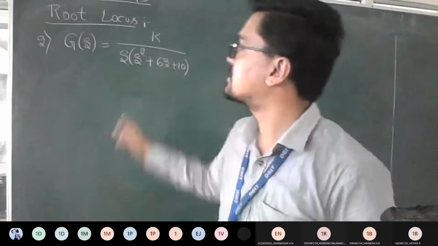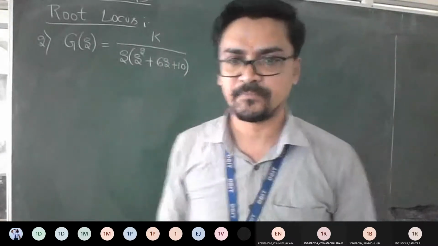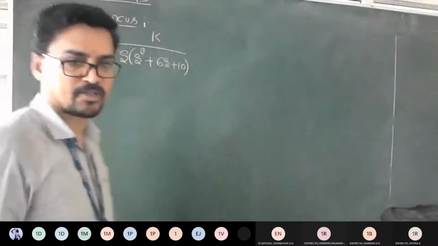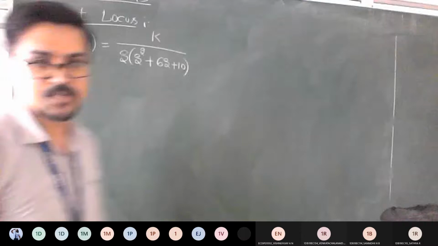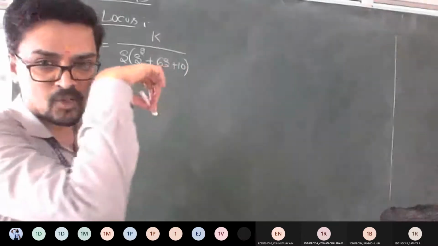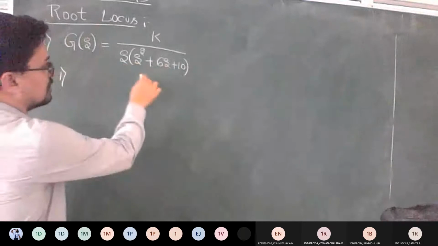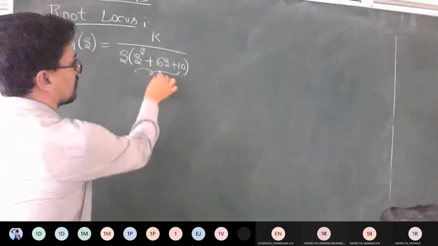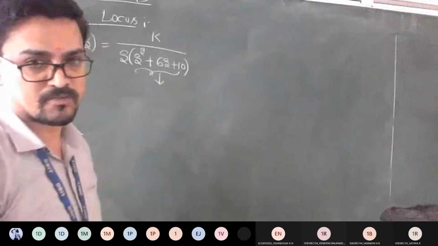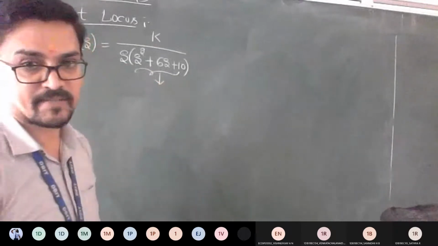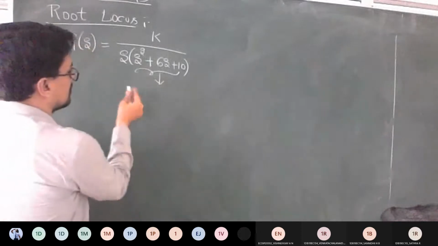So look at the question. It's the same type that we solved in the morning class. So let's go step by step. By looking at the question, we got to know step number 1. Number of zeros are 0 because nothing in the numerator. Then coming to your denominator, one value is 0. Now apply your quadratic formula and get me the roots for this characteristic equation s square plus 6s plus 10.